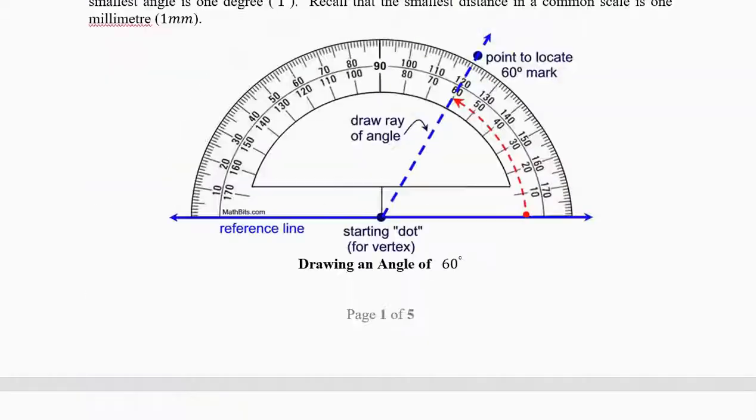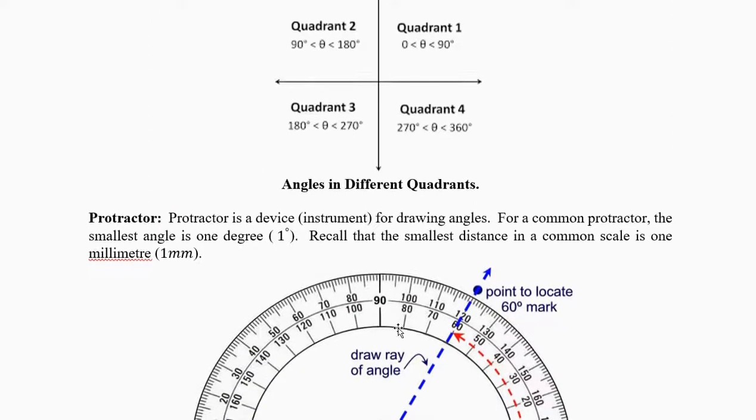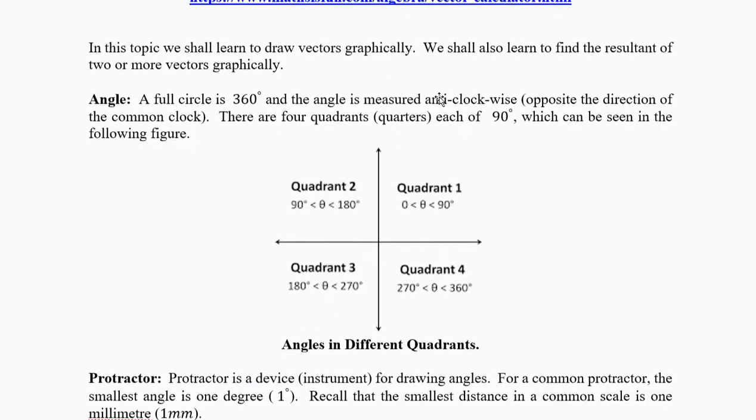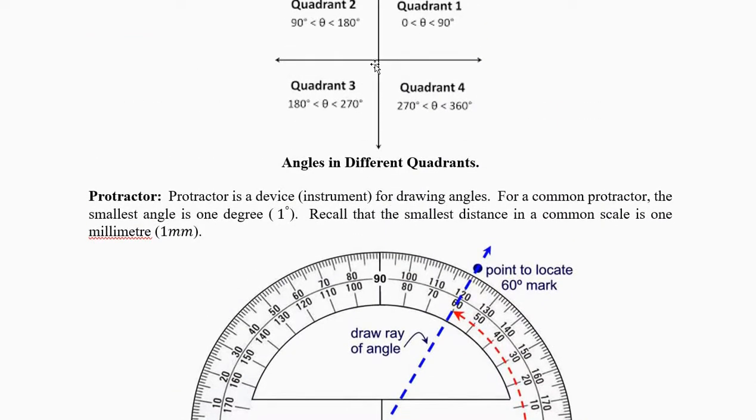How do you get 240 here? Look here. This is 90. This is 90. 180. You need 60 degrees here. So shift your protractor. Take your protractor and keep it upside down here and measure 60 degrees because this is 180. 180 plus 60 is 240. So you put 60 degrees in this direction.